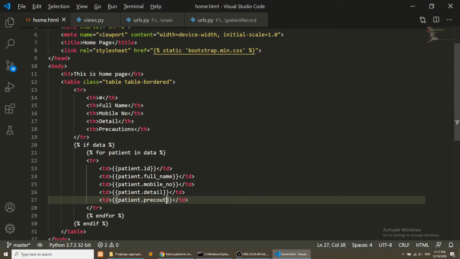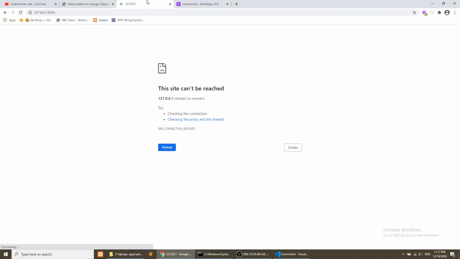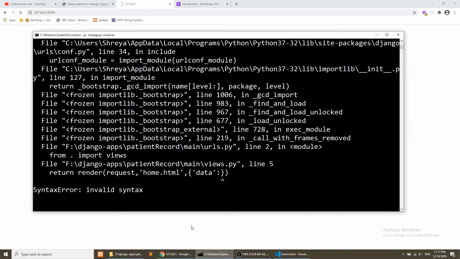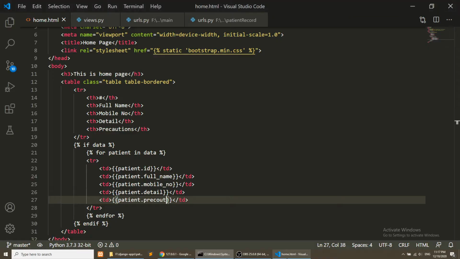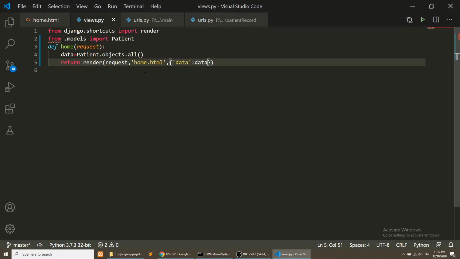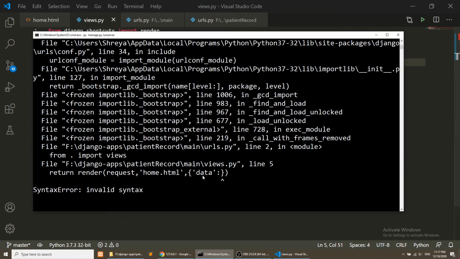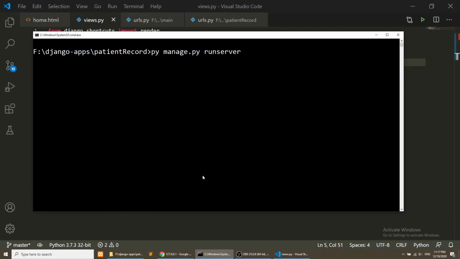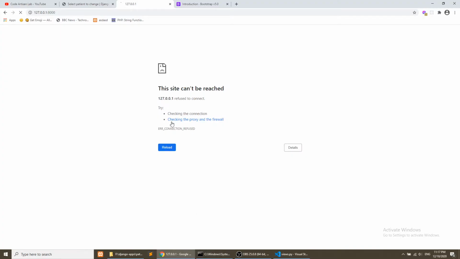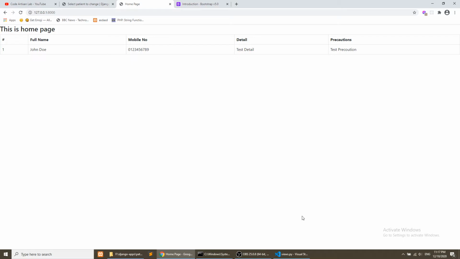Okay, so let's see what it will show. So it is showing some error. So in this we have a data. Okay, let's refresh this and run the server again. So we have a data, but it is in a full size width.